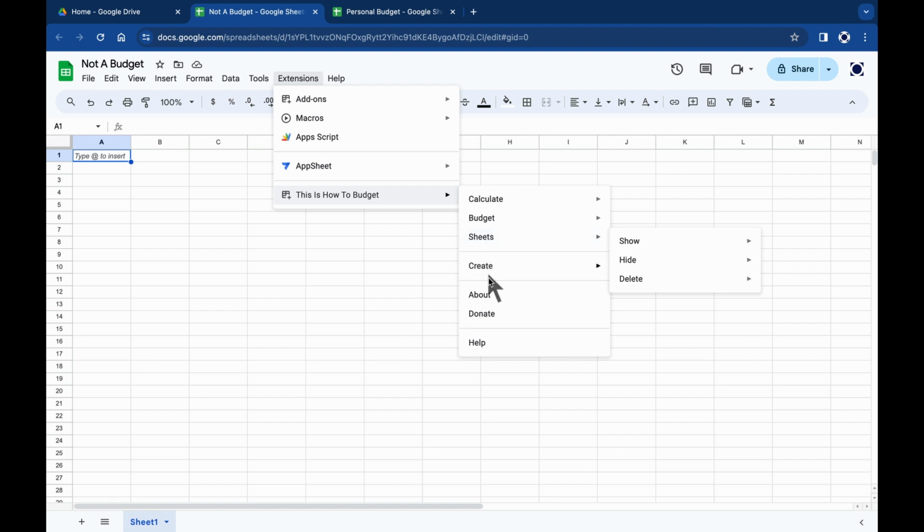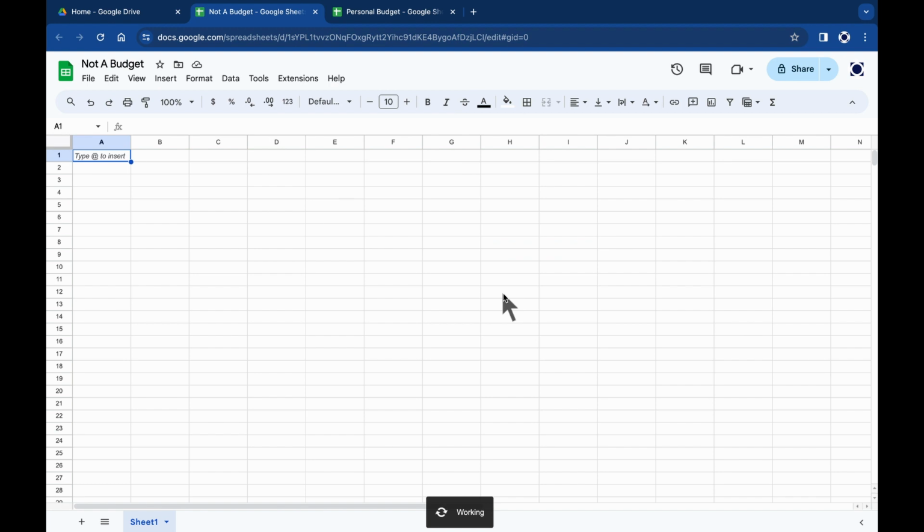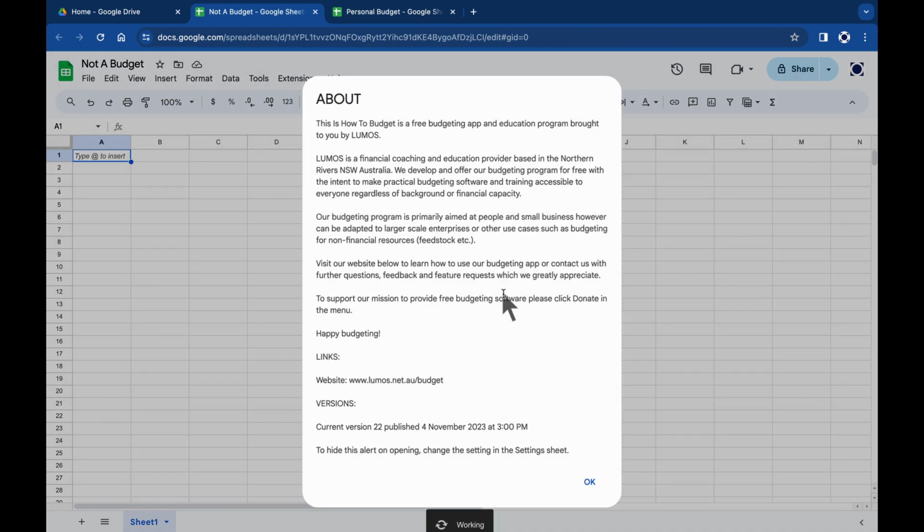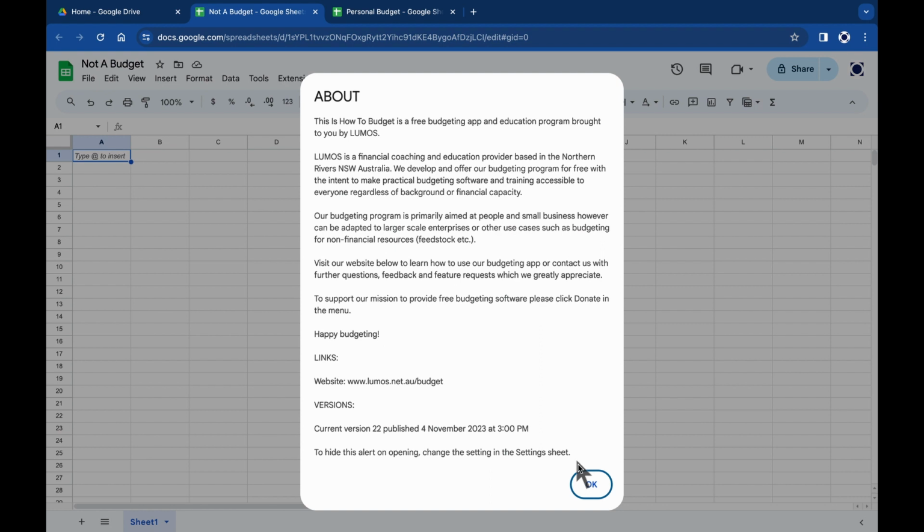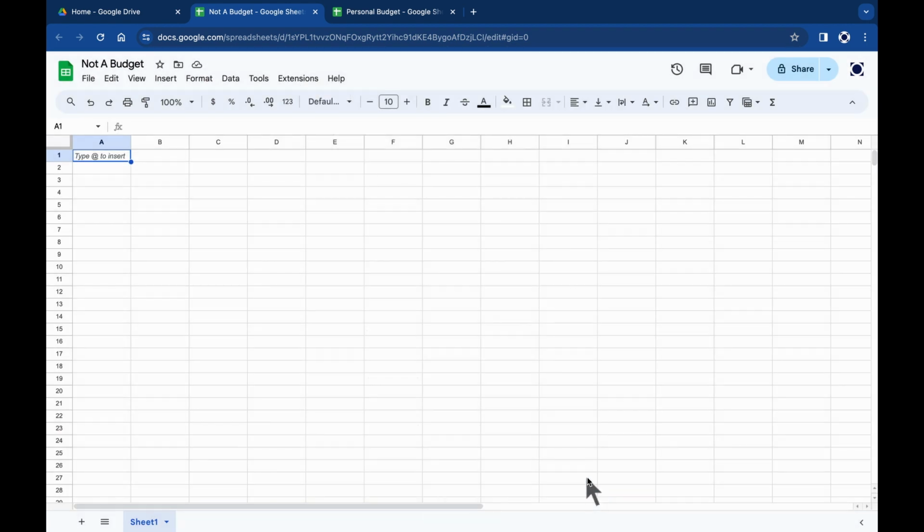So for example, if I click About, this will display the About alert, which contains information about the budget application and Lumos. So if I do that and hit refresh, you'll see the application now starts to do certain things automatically.